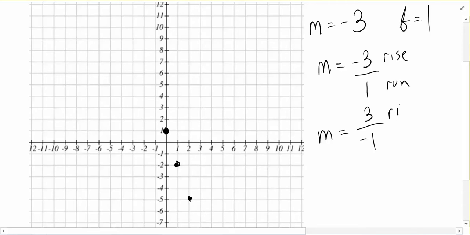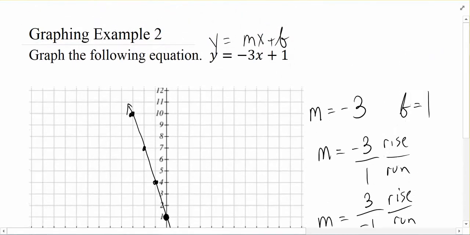Using the second variation, if I think about this in terms of rise over run, then it's saying that I can go up by 3, left by 1. And I can do that again if I want, and again. And when I connect the dots, this should be in line with what we talked about in the basics of slope. That this was a negative slope, it was a negative 3.